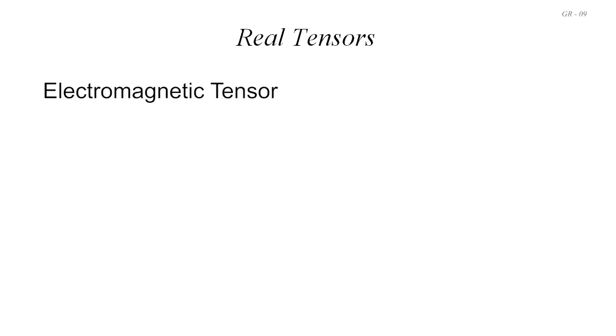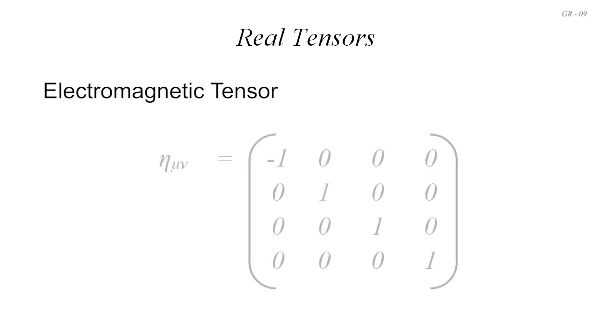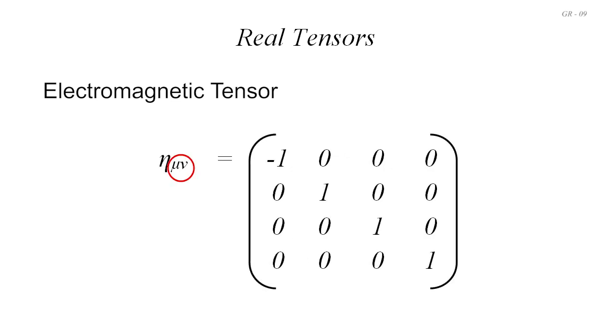The metric tensor for those coordinates would be what is known as the Minkowski metric, and would be written using the Greek letter eta rather than g. In one of its forms, the Minkowski metric can be written like this, where we've used Greek letters mu and nu instead of m and n. I'm sure you can see by now that as far as we're concerned, this is not only saying that the space is flat, but also that the measurement system is basically Cartesian, and that comes from the diagonal 1s and